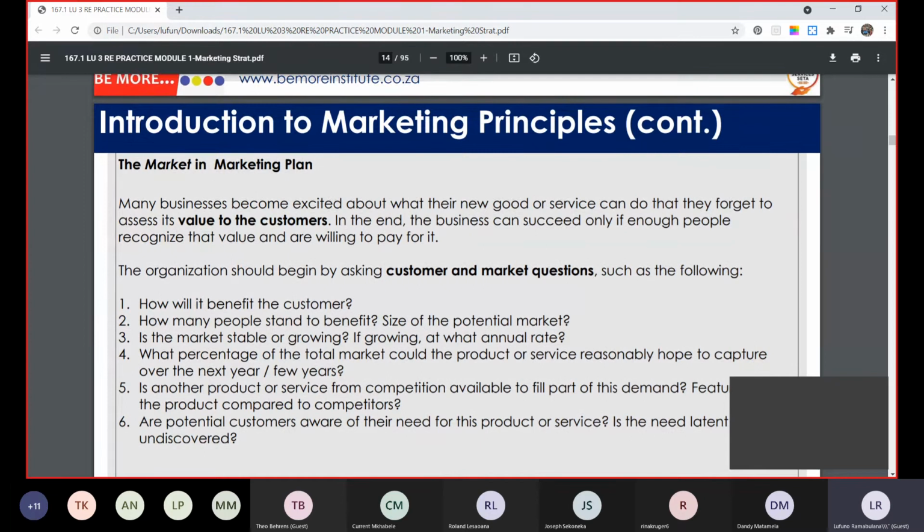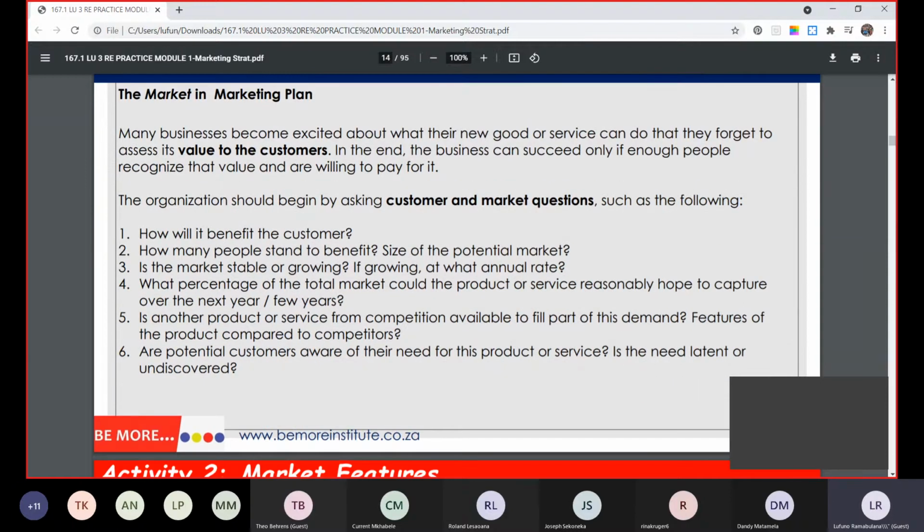So let's talk about the market in the marketing plan. Many businesses become so excited about what their good or service can do that they forget to assess its value to the customers. In the end, the business can succeed only if enough people recognize that value and are willing to pay for it. The organization should begin by asking the customer and the market questions such as the following: